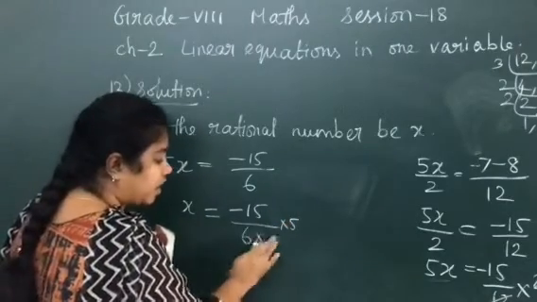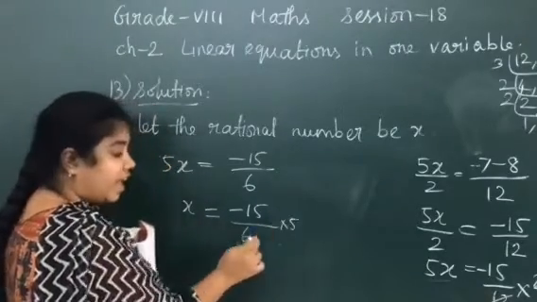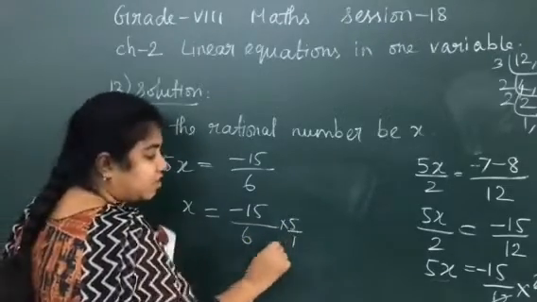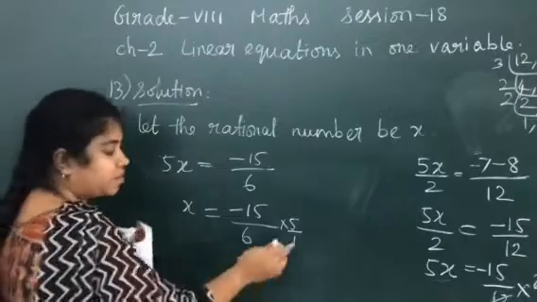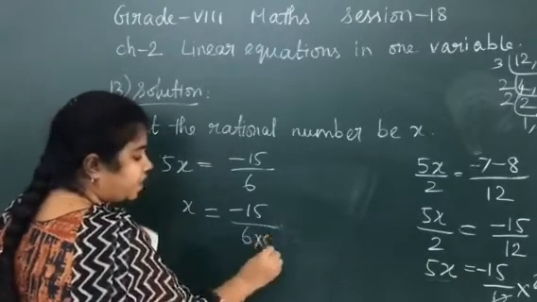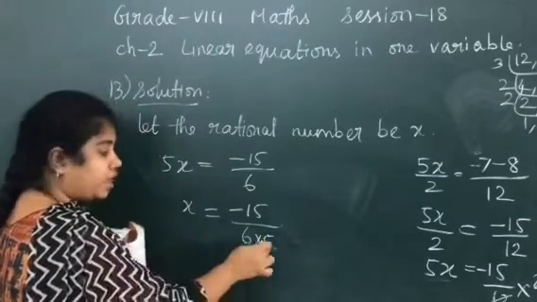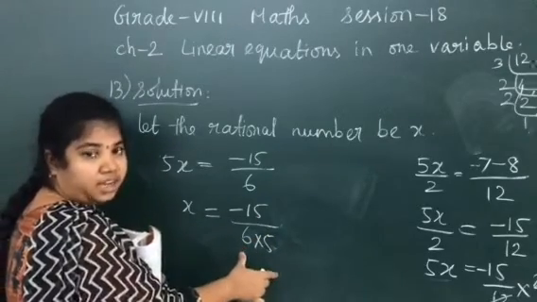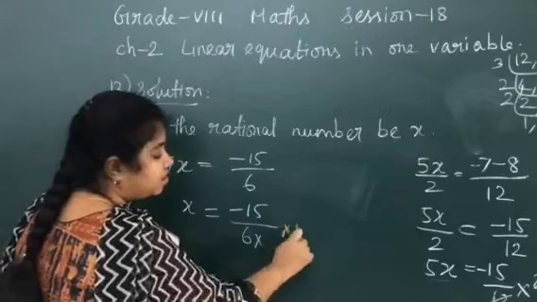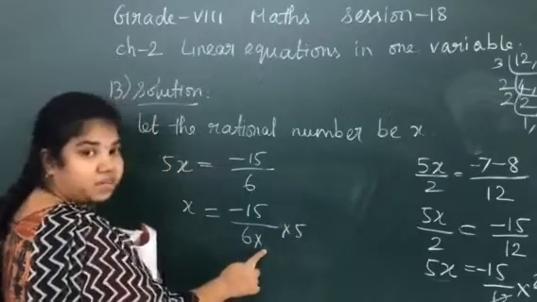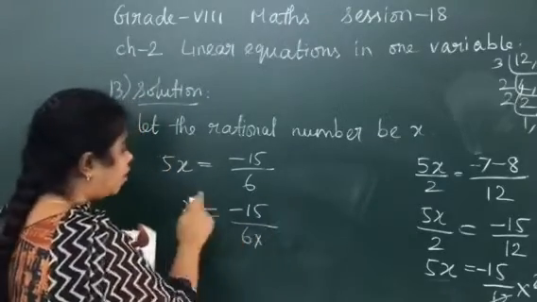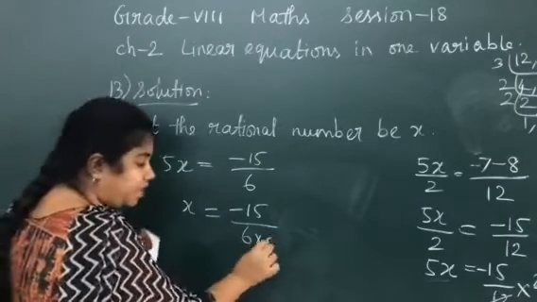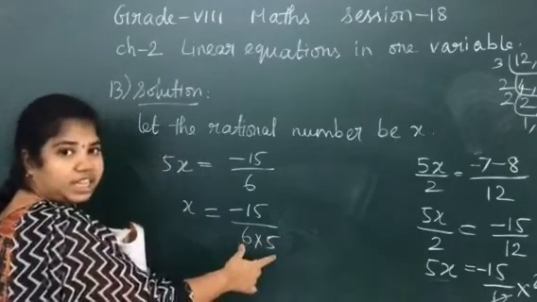There is a difference. If it is into 5 here, I can cancel these two numbers. It is considered as numerator, like this, 5 by 1. Now, when I am writing 5 here, you cannot cancel these two numbers. You can cancel these two, but you cannot cancel these two. This is considered as the denominator. When 5 comes here, it is considered as numerator, and when 5 comes here, it is considered as denominator. Now, it is in multiplication. When it comes this side, it should be division. So, it is lying in the denominator.